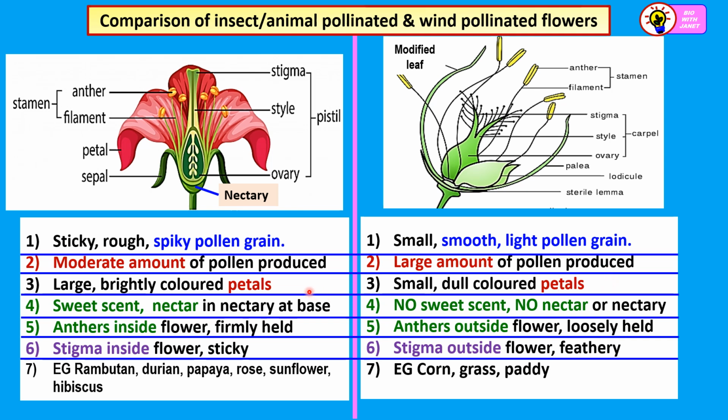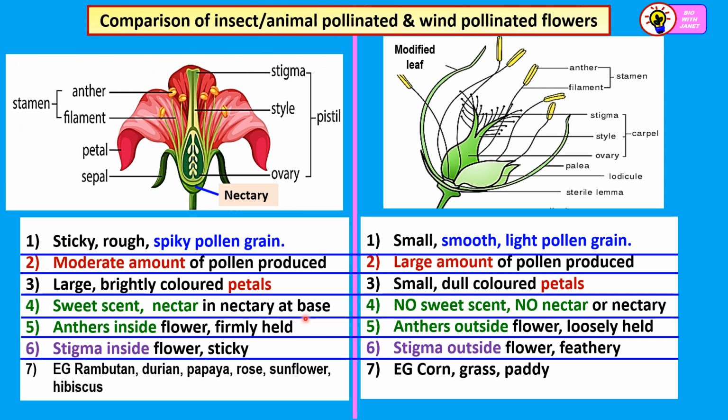Number 3, for insect-pollinated flowers, they have large and brightly colored petals to attract the insects. Whereas for wind-pollinated flowers, the petals are usually small, dull colored like brown or greenish color. Number 4,